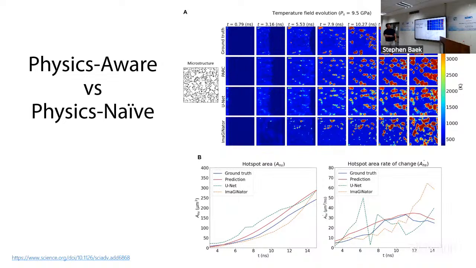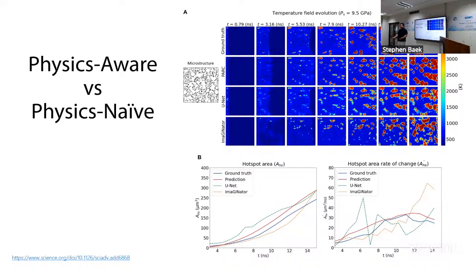So in this first paper, we actually compared it against other physics naive methods, for example, things like UNet or Imaginator. Imaginator, by the way, is an early days video generation algorithm. So Sora, are you guys familiar with that? The generative AI that can generate realistic videos. This is kind of the first generation video generation algorithm. So the main thesis here is that